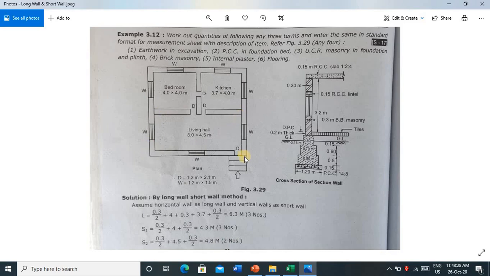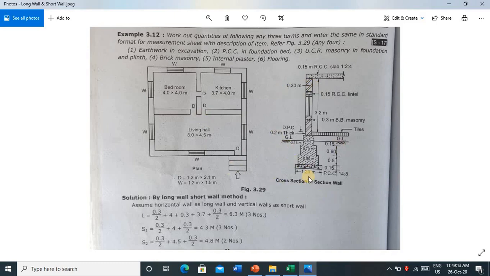See, 1 and 2. The length of short wall 2 is the same because the room dimensions of these two rooms are the same. That is the reason short wall 1 is considered from here up to this point. Short wall 1 covers walls 1, 2 and 3, and short wall 2 are in number 2. So this is your plan. You need to calculate the long wall and short wall length first from the plan. Without this you cannot solve the question, and you can get the width of brickwork from the section.